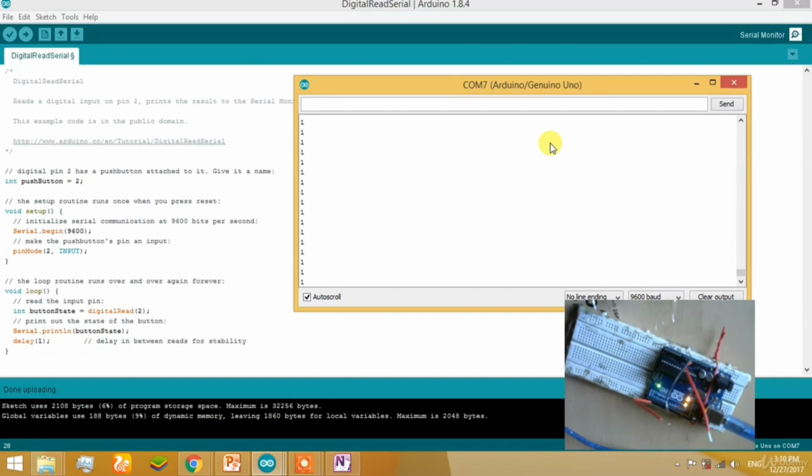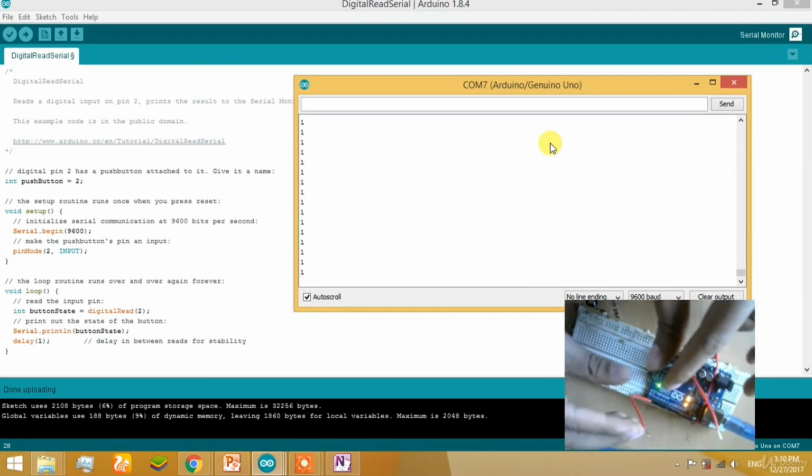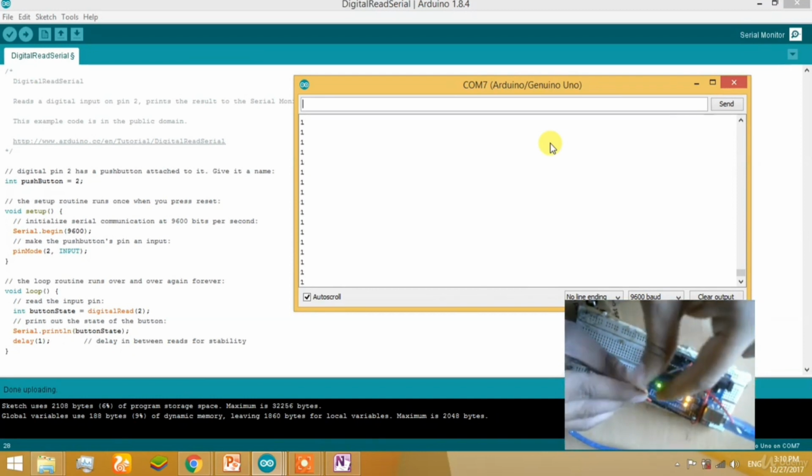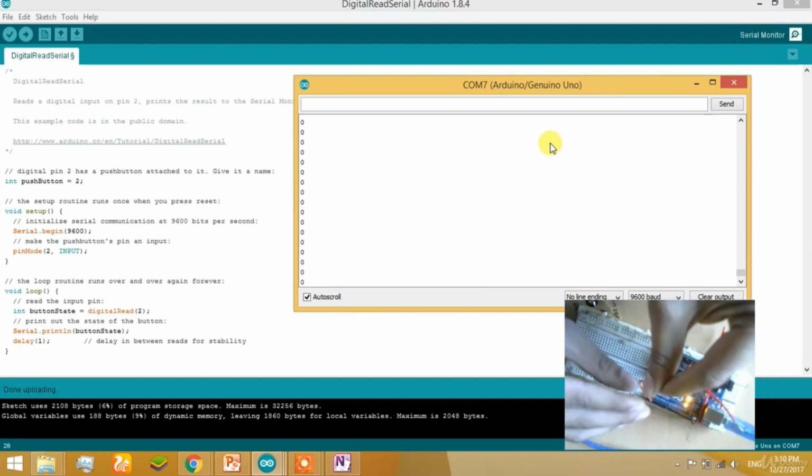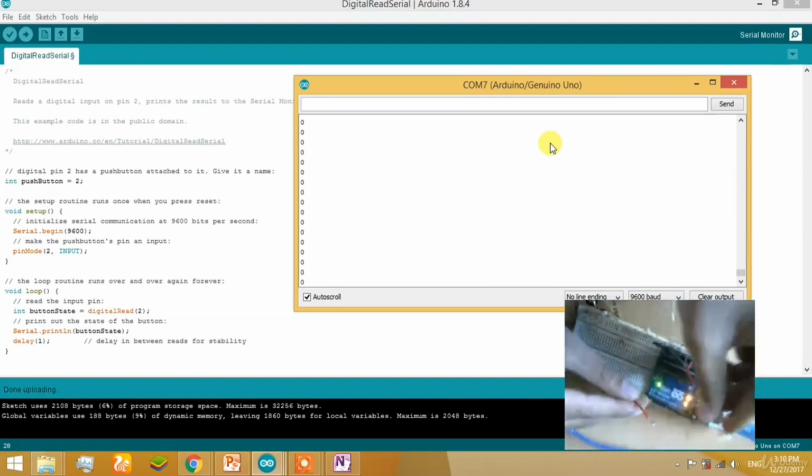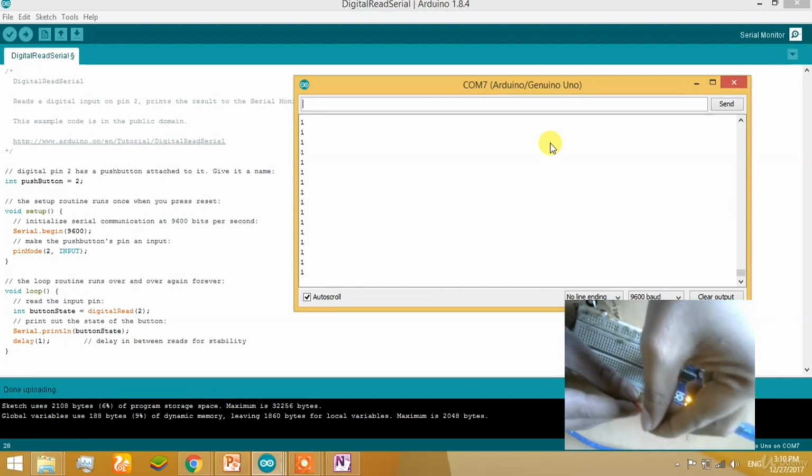Here you can see 3 wires. First, the wire that is connected to digital pin 2. Second, a red wire connected to 5 volt and a black wire connected to ground. Whenever you connect the digital pin to the black wire, it will show a fixed value of 0. This is saying that the digital value is low, or it is connected to the ground. Whenever you connect it to the 5 volt, it will show a value of 1.